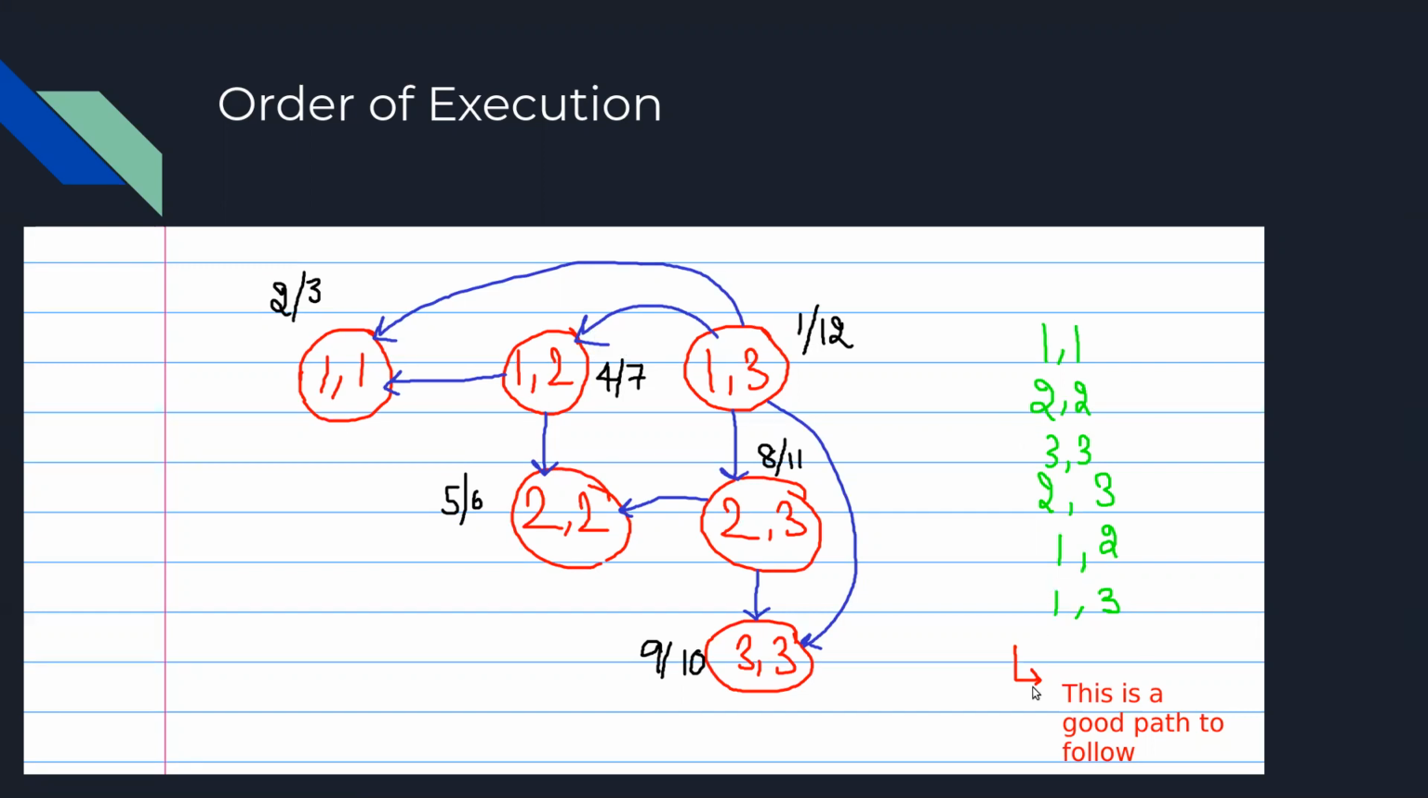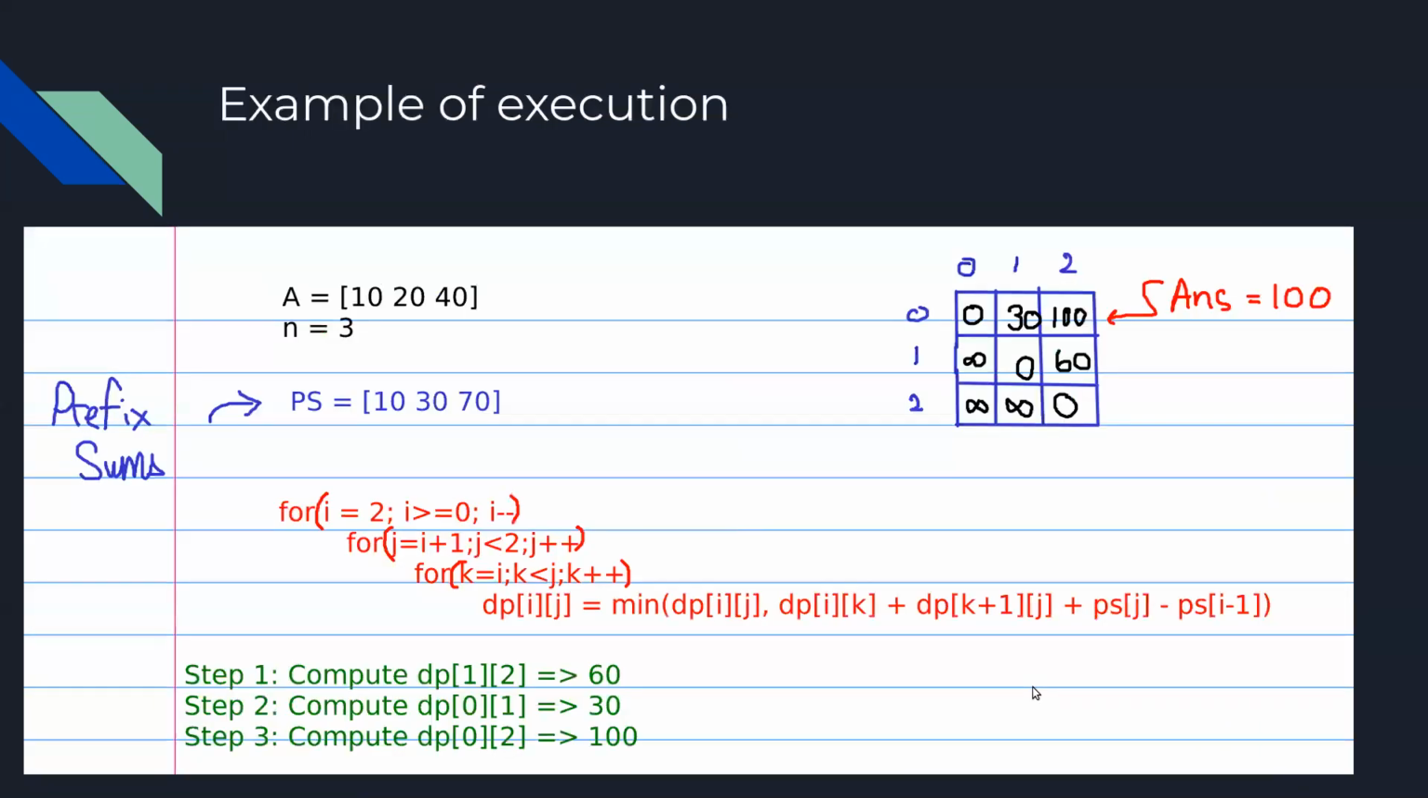This is a good path to follow because it respects the ordering. So now we've done that. We will show you the code as well in the next part of this video. But for now, this is an example of the execution. As you can see, this is the dp table. This is the algorithm we're going to follow, at least the crux of the algorithm, the main part of the